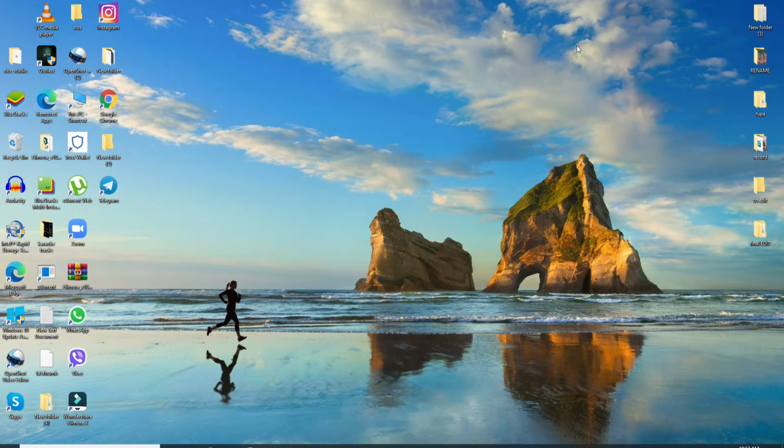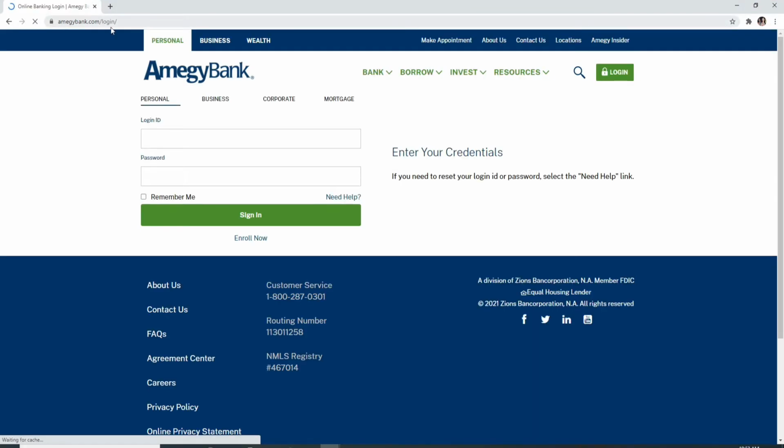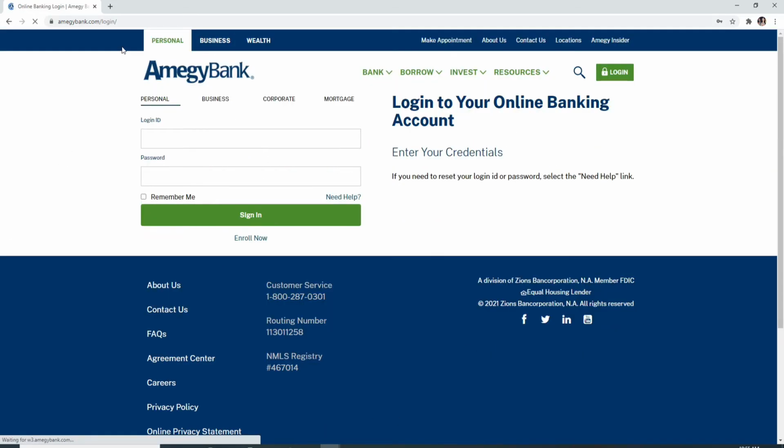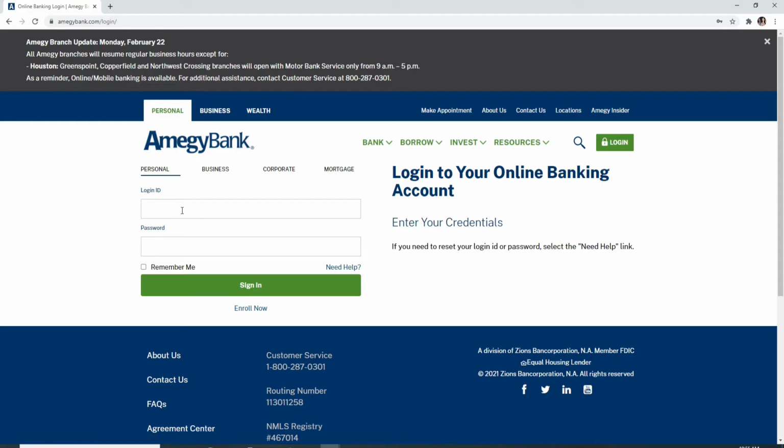In order to log into Amegy Bank account, go to your web browser first and simply click it open. Type in www.amegybank.com and soon you'll end up in the official website of Amegy. To log into your Amegy Bank account, enter your login ID on the first field and then enter your password